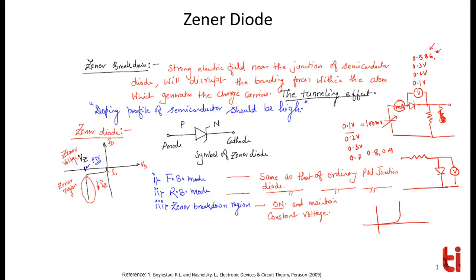Now if you have carefully seen the readings of whatever you get, you can see that the ID is continuously increasing. Here at 0.1, it may be in a picoampere. Here also it may be in a microampere. Here it may be also in a microampere. But here what you can say is 800 microampere. Then 1.2 milliampere. Then 1.5 milliampere. Like this, the current is only increasing, but the voltage is not increasing.